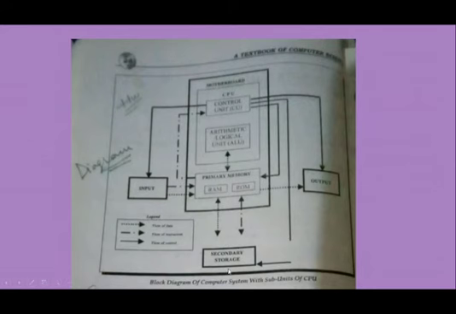Let us discuss the functions of computer components. Here we can say that this portion is known as input. Here the input device is placed and the CPU sits between input and output devices. Right side devices are called output devices. The CPU has two main units. The CPU also has temporary storage, RAM, which is used by the CPU. The CPU can communicate with the secondary storage devices. In this diagram, the functions of the CPU are very clear. The CPU communicates with the input and secondary devices.